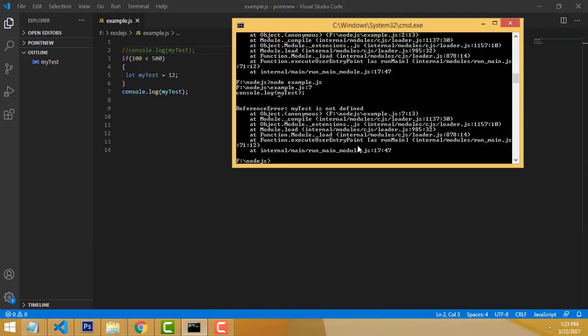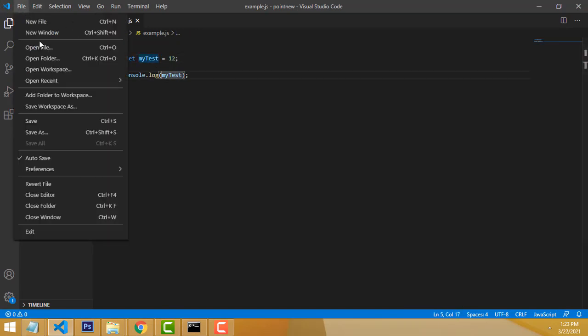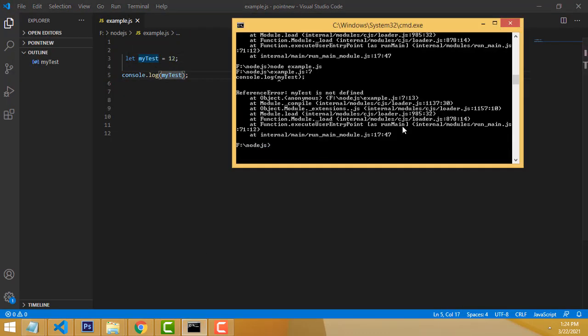Now again it shows the error. Here again it shows the error, right? So all the conditions I am going to remove. First I am going to talk about it like this. Now let's say I have given the value as 12. It has printed here. Now let's look at the output over here. It has been printed as 12.